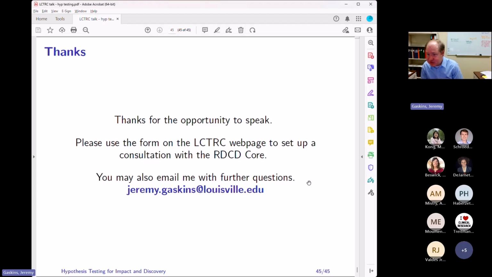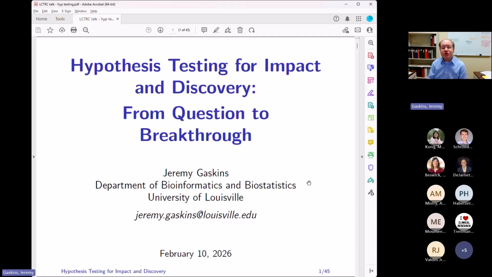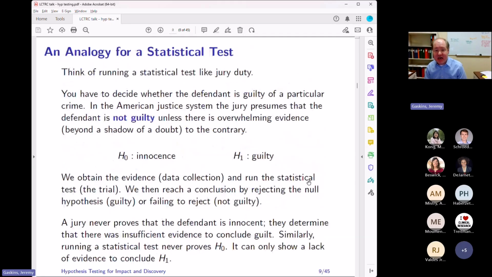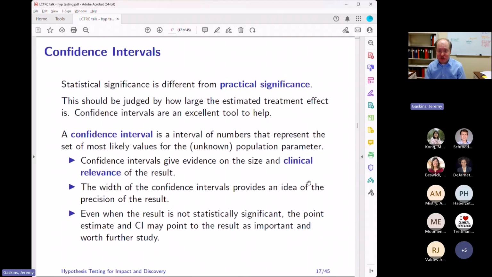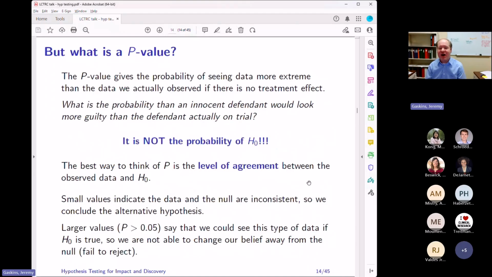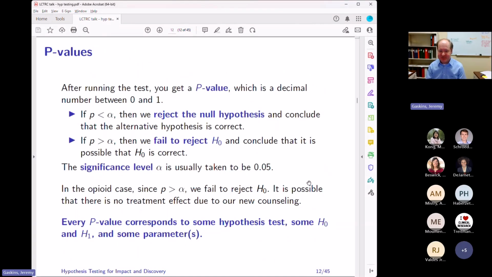I'm not sure whether you all can see the questions or not, so I'll read them. Why are p-values good at preventing us from fooling ourselves by chance, but bad at telling us how strong the evidence is? And is that an inherent contradiction of the interpretation of p-values? So what I would say is that p-values are doing exactly what they're designed to do. It is that we often misinterpret what they're trying to do, right?